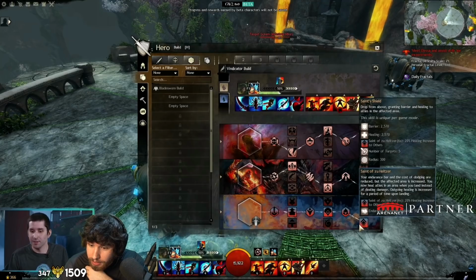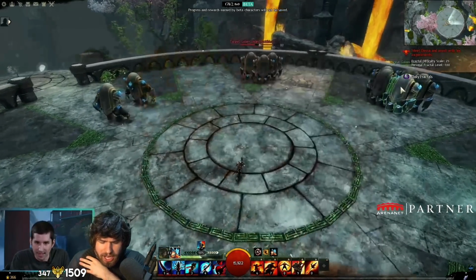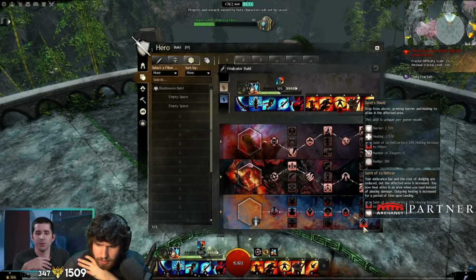This reduces your max endurance, which is a good thing for this character because now you only have to build up 50 endurance in order to maximize the barrier value, like heal or rev. Let me fire that off. These skills are very strong. I'm going to fire off this dodge again. As we see in the tooltip, this is going to